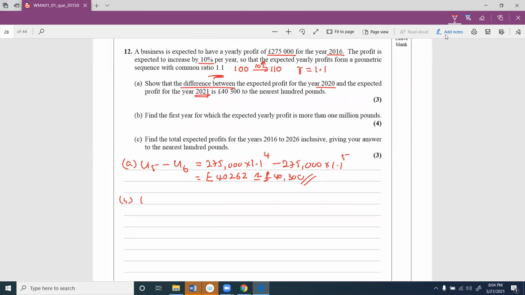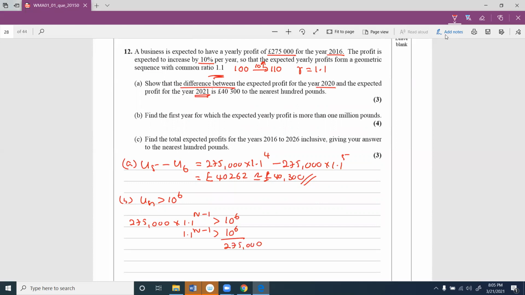That is, Un is exceeding 1 million, which means 10 to the power 6. We can work out Un: 275,000 times of r, which is 1.1 to the power n minus 1, is greater than 10 to the power 6. I just studied 1 million as power form, it's easier for me to write it, otherwise you get 6 zeros. So 10 to the power 6 divided by